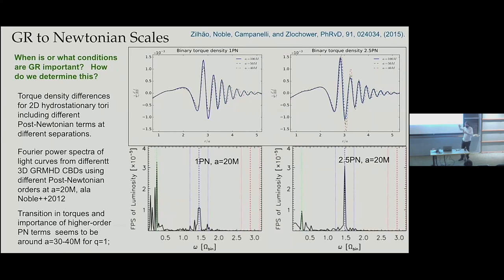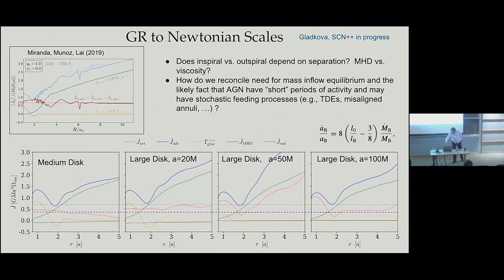So, what are the best things to measure to explore when this transition happens? I'm interested to hear what other people think. Some of these GR problems also suffer from a timescale problem. We don't run them long enough to maybe reach a steady state. We've now run them for, I think, 500 orbits.